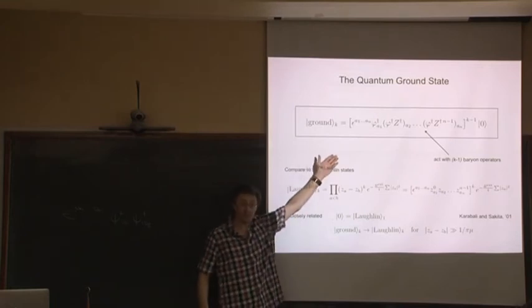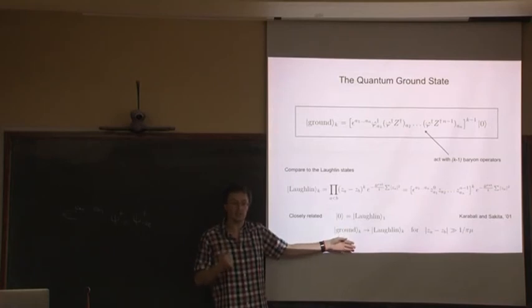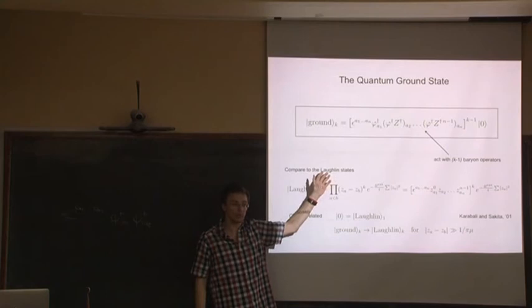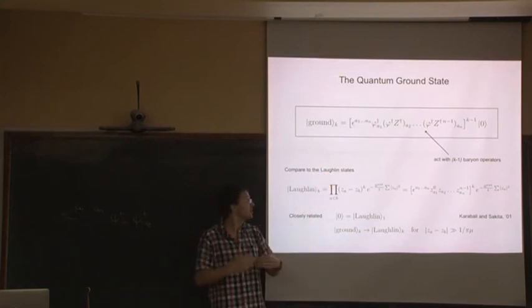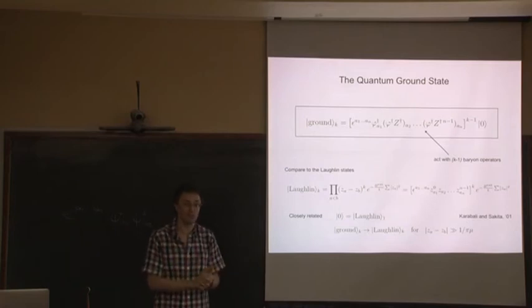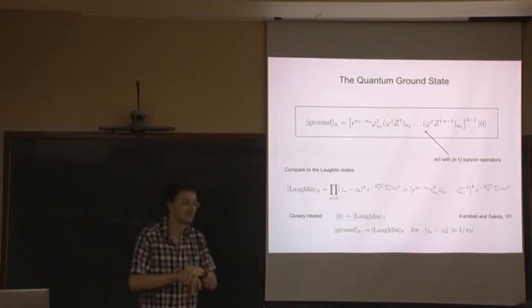So this is another wave function that is very close to the Laughlin wave function, except it's easier to deal with. This is a wave function where we can compute analytically what you can't compute with the Laughlin wave function. So what they should have done was just embrace this and say, let's move forward. This is a better thing than the Laughlin wave function for certain purposes.